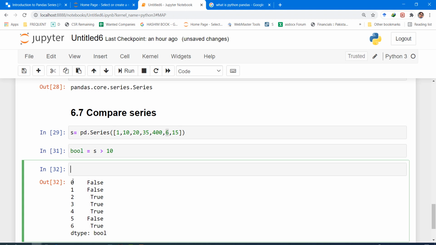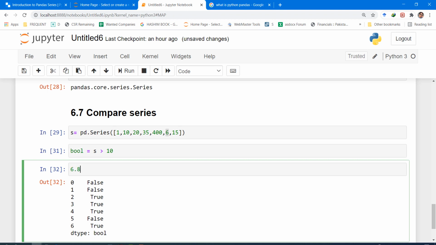Okay, so this is one method of comparing a series with a specific constant value, and as a result we get another series which is Boolean in nature. Remember, a Boolean series has just 0s and 1s.